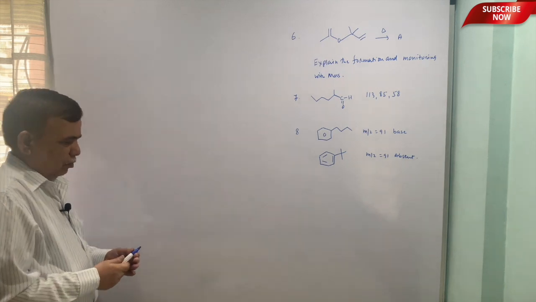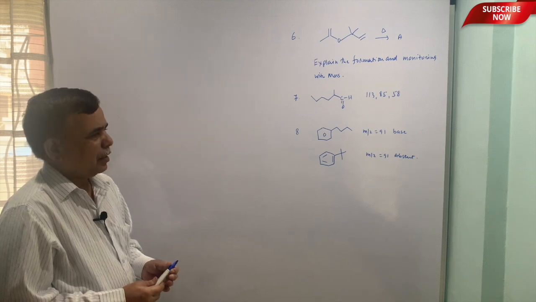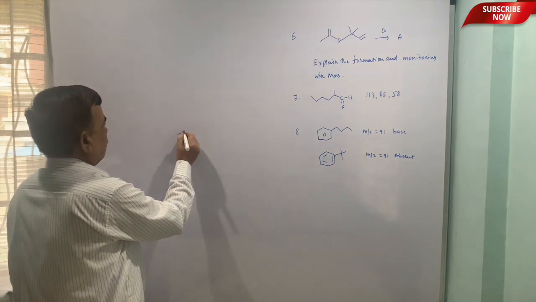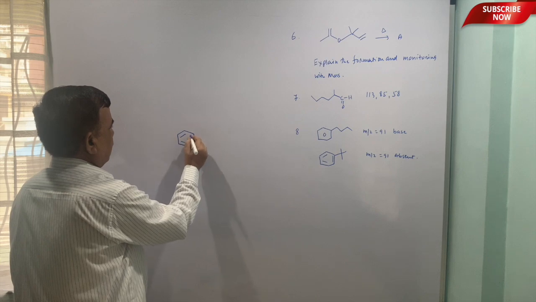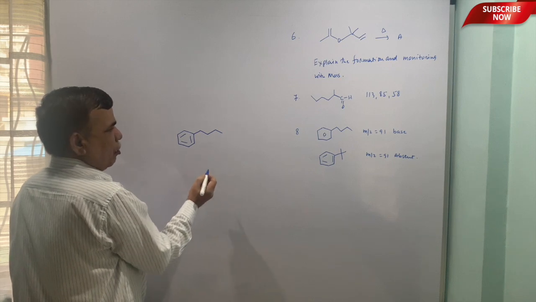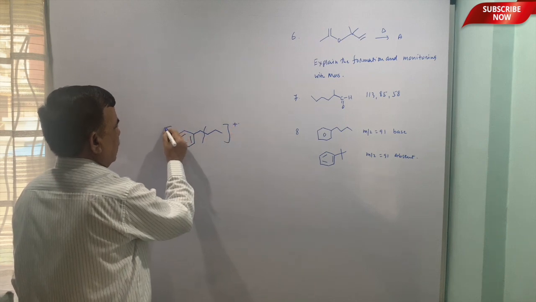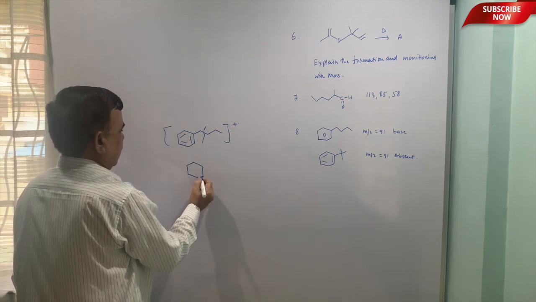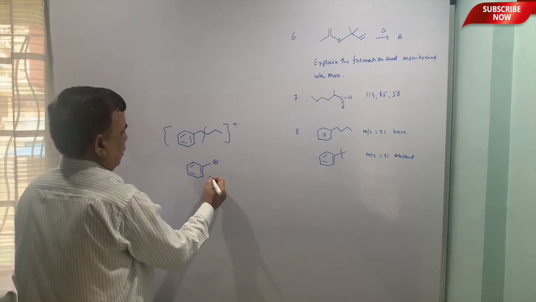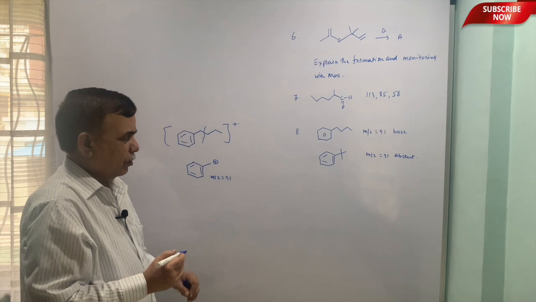So, and one more example is N-butyl benzene gives molecular this base peak at 91 mass to charge ratio, but tertiary butyl won't give that peak. So what is the reason? Like here 1, 2, 3, 4, the benzylic bond is broken, and you can get the this is m by z is equal to 91. That is characteristic whenever benzylic group is there.